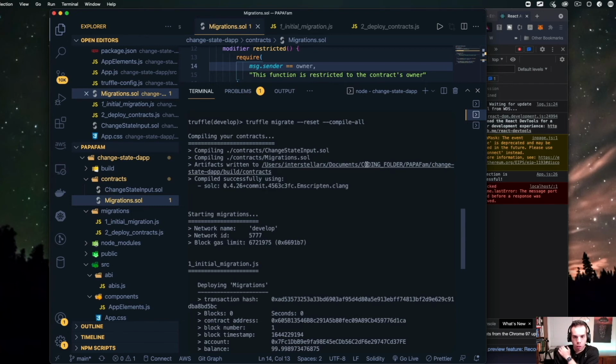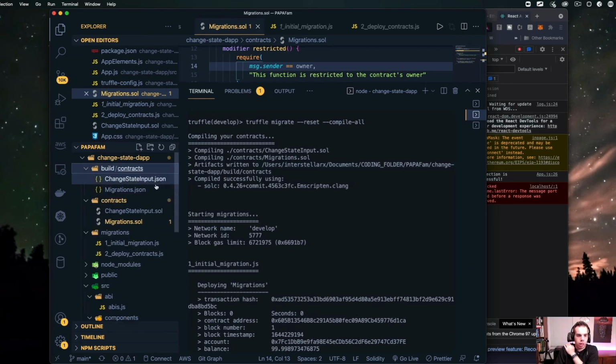These artifacts are written to our folder, and they go under contracts. So those exist. Let us find where they are. So build. So under the build folder, we're going to get some JSON files here for each of these contracts that we wrote, and we'll get into those in a second.